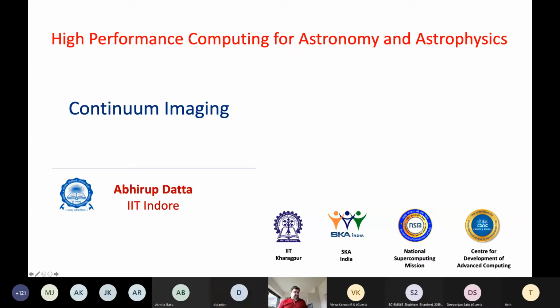Thanks Dipanjan. Thanks all the organizers for this particular workshop. It's been a real pleasure to be here and talk to such a diverse crowd about a topic which all of us who are doing this kind of science will be affected by. And as Girish rightly said before me, I think that we are a little bit behind, and it's a good time to talk about all this and come to a consensus on how to move forward.